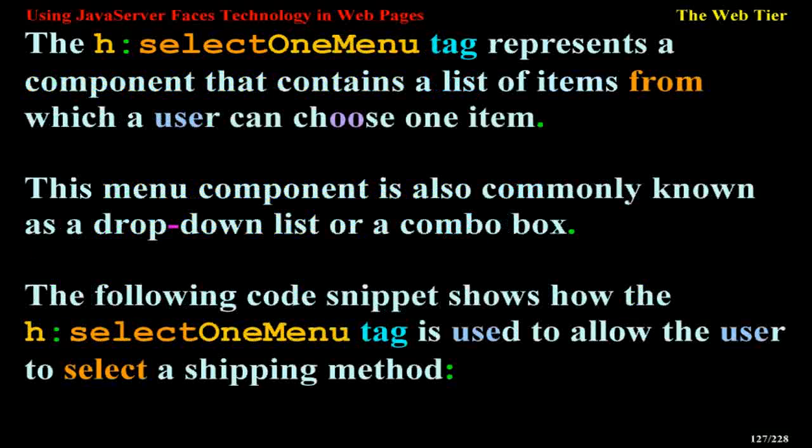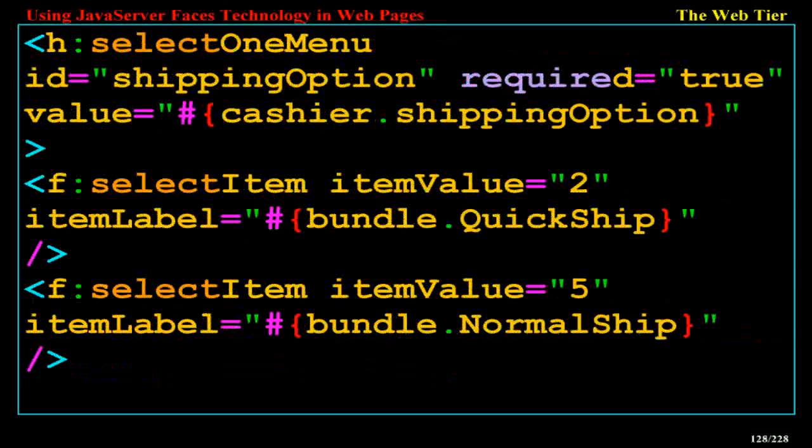The following code snippet shows how the h:selectOneMenu tag is used to allow the user to select a shipping method. h:selectOneMenu id="shippingOption" required="true" value="#{cashier.shippingOption}". f:selectItem itemValue="2" itemLabel="#{bundle.QuickShip}". f: